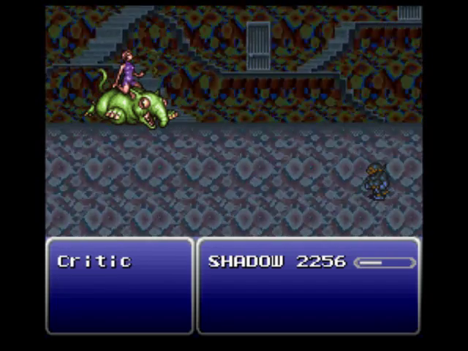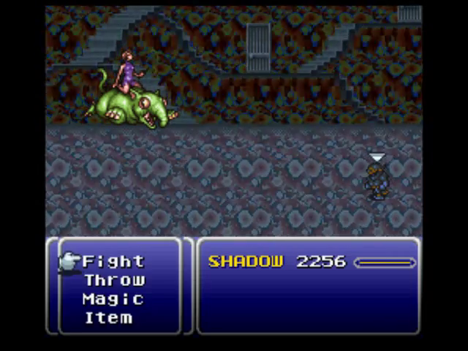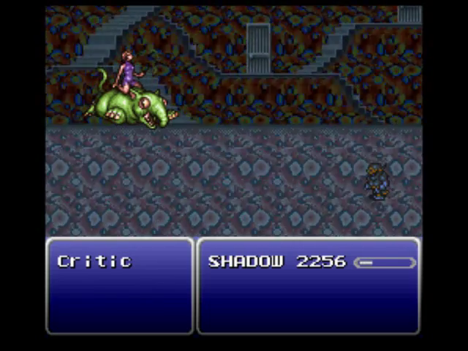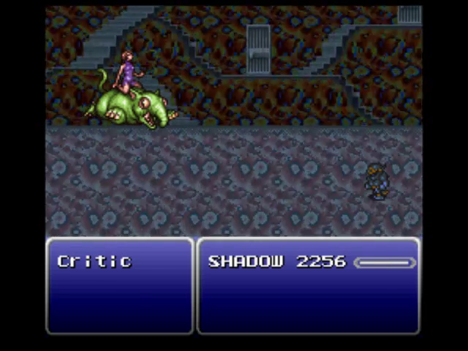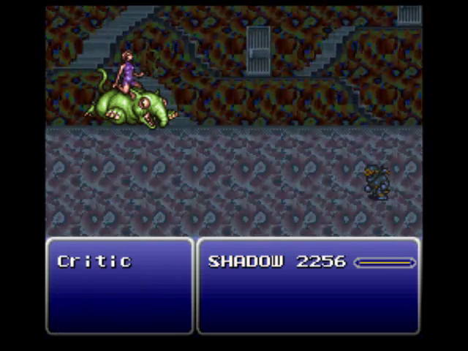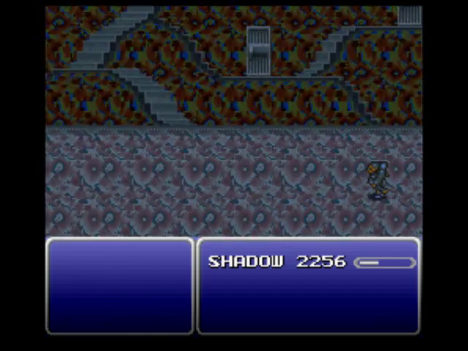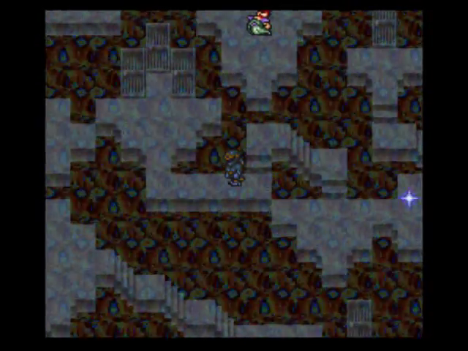Alright, the Barbie's out of the picture. So we just gotta take out the Critic. The Critic is one of the only enemies in the entire game that does not have a palette swap in a later dungeon. And it's a very unusual looking creature. It also has a chance to teach Strago some new lores, which is one of the reasons why I brought Strago. It has a random chance of, each turn, like the first turn it has a